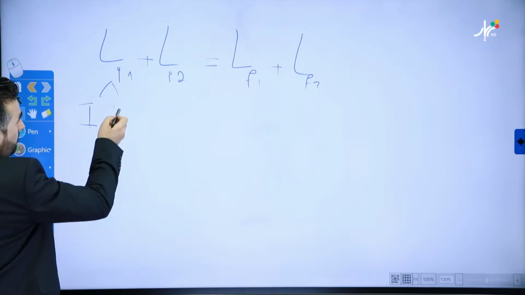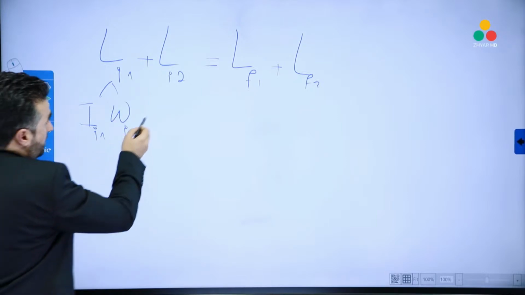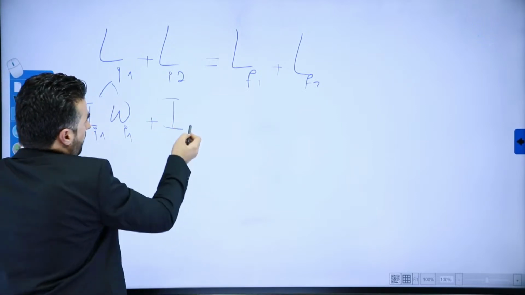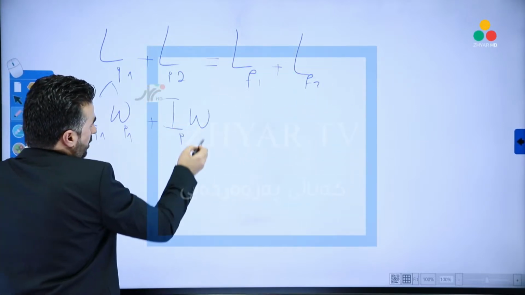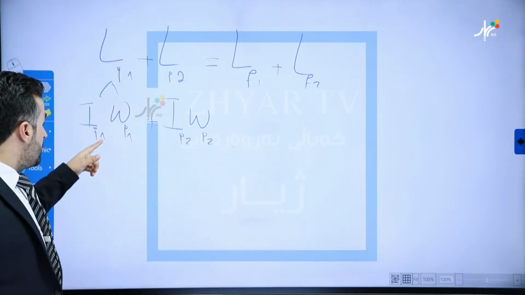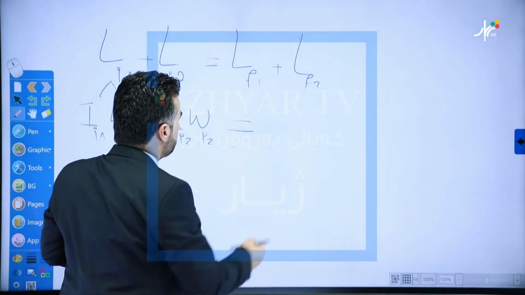Moment of inertia, right? So this would be initial. These are for the first object, plus, once again, moment of inertia multiplied by the angular speed. These are initial, by the way, but this time for object 2. So we have initial for object 1, initial for object 2, which will equal